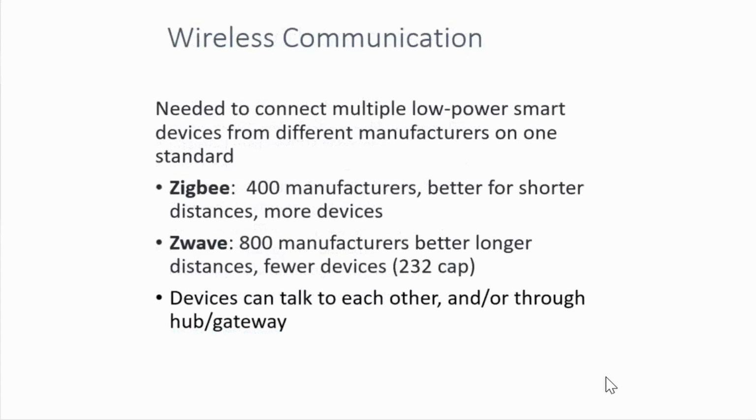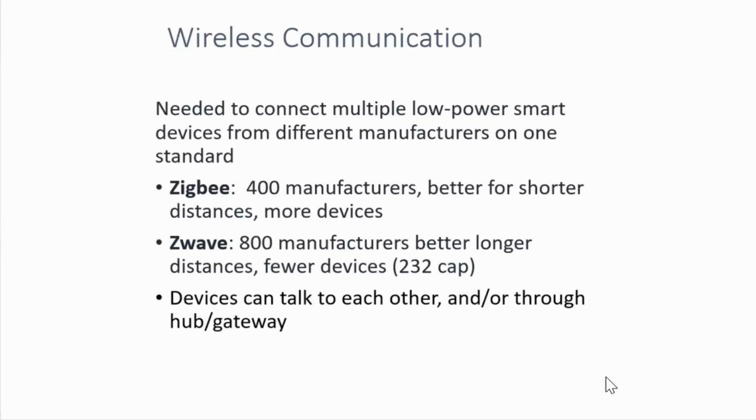So moving on to the wireless aspect, there are essentially two, there's more than two. We have Bluetooth Low Energy too, but there are two prominent protocols that we use for IoT. There's Zigbee, which has fewer manufacturers, but it's really good for short distances. You can add a lot more devices. And then there's Z-Wave, of course, which has much more support in terms of manufacturers behind it. And these numbers have changed too. These are a little dated. Z-Wave is obviously better for longer distances. So that's pretty much it. I'm going to try to keep it light here so we can get to the rest of it.